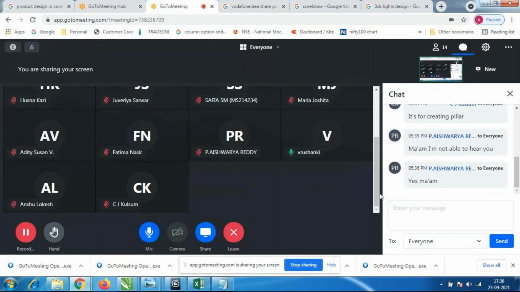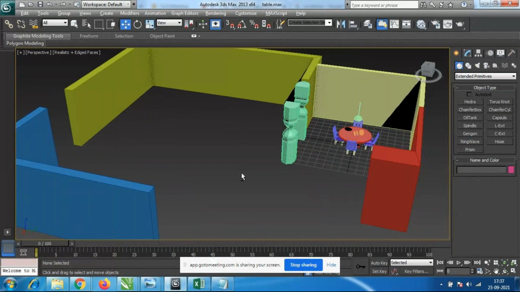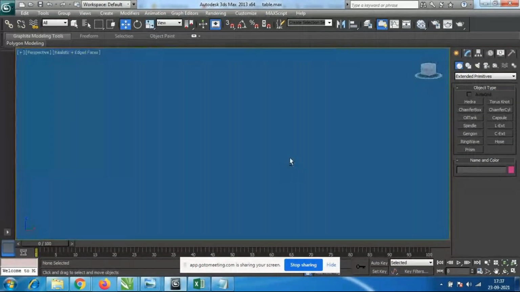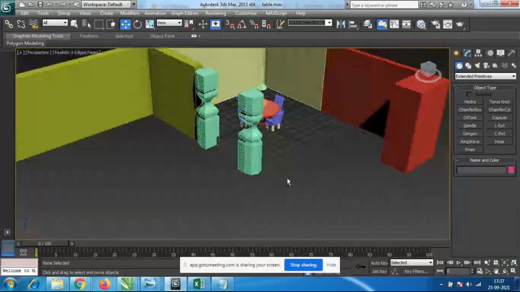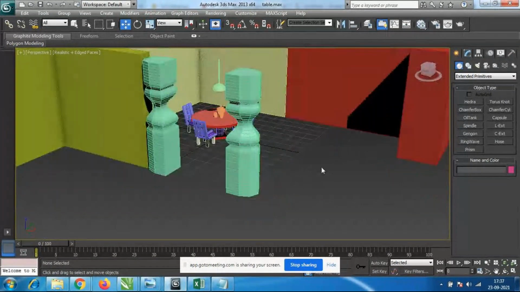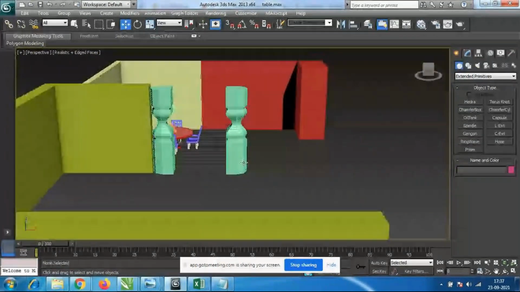Ma'am, we could create different pillars or some lamps that need a long pole or something to support it. Okay, fine. I'm just checking all are there in the class or not. Okay. Oh yeah, only that much we can create. Staircase, any wooden railings and all, we have to make it. Otherwise, wooden poles and all we have to make it. So that time we can use this option. Any designs we can use it.